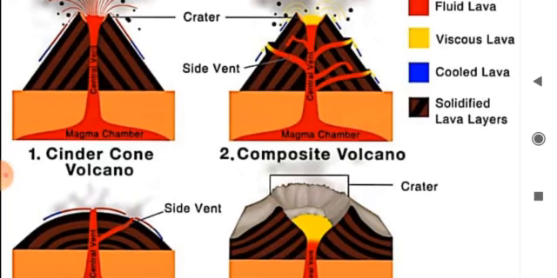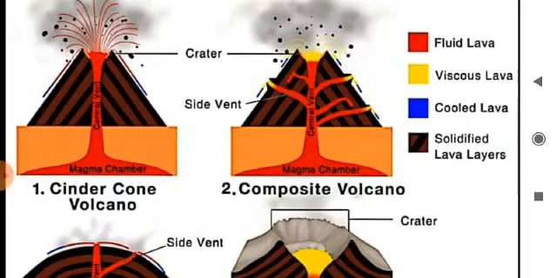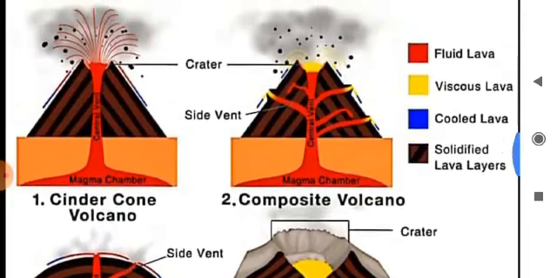Extrusive volcanic landforms. Extrusive volcanic landforms are those landforms that are formed as a result of magma reaching the earth's surface as lava. First, ash and cinder cone. Look at the diagram. These are built when eruptions are of explosive type. Growth of an ash or cinder cone begins around the crater. It is not very high.